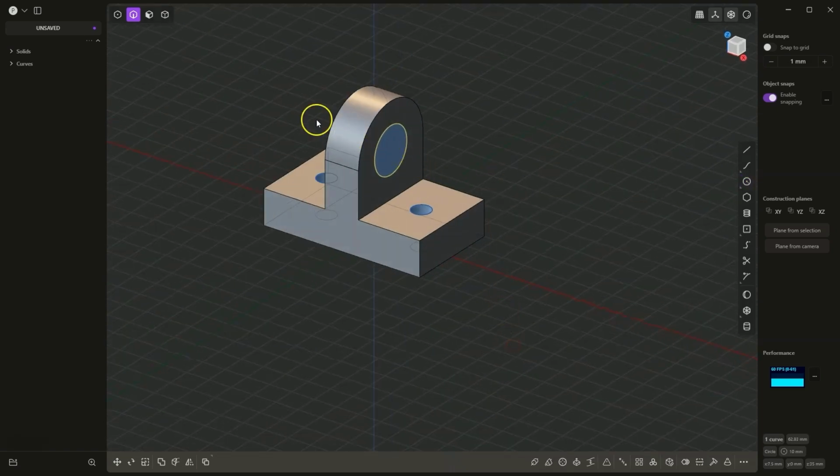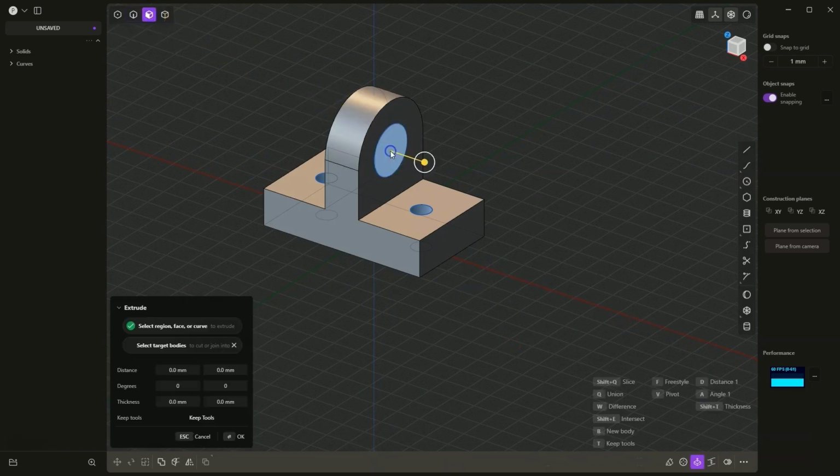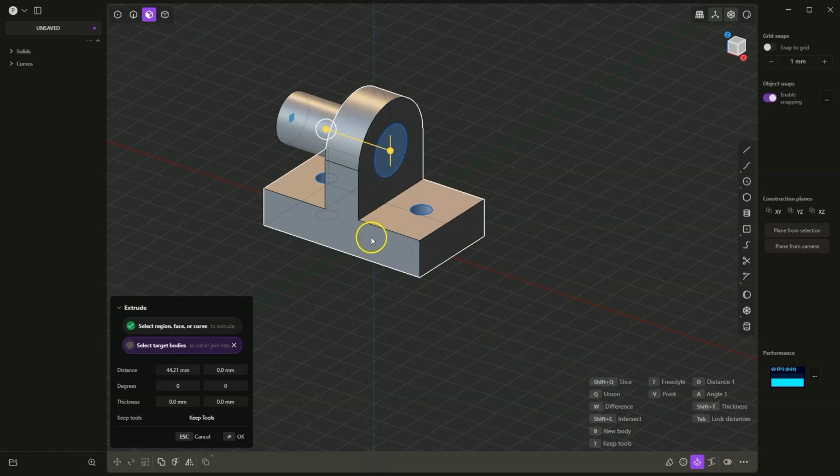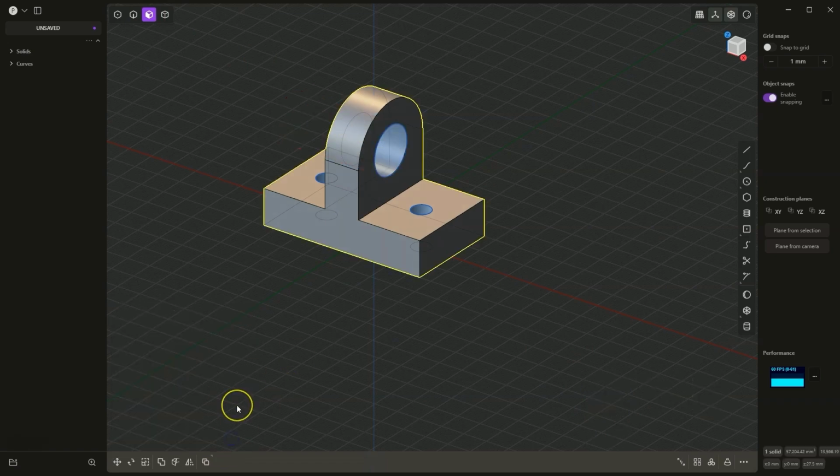Switch to face selection. Select the circle and drag through the entire solid in this direction. Press the W key to activate the Difference command and select the solid from which we are subtracting, that is the solid where we will create a hole, and click OK to confirm. Next, let's switch to the side view,